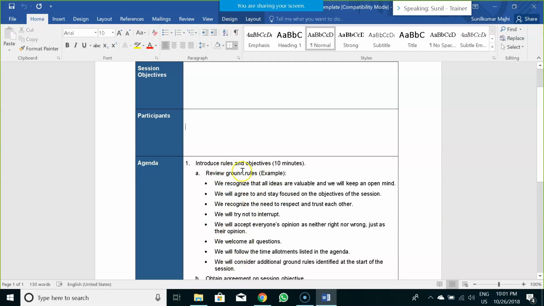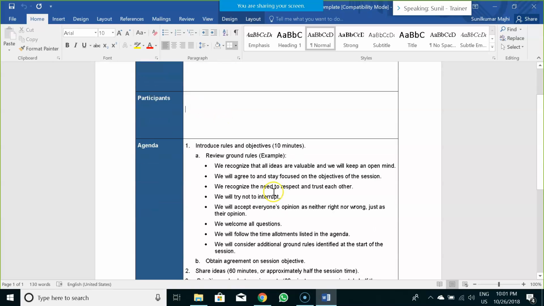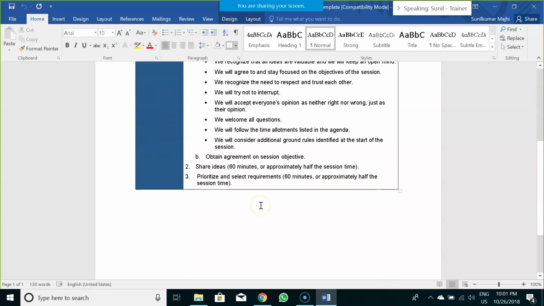So these are some of the guidelines: you have to introduce your rules and objective, review ground rules like all the ideas are valuable and you have to keep an open mind. Then you have to agree and stay focused on the objective of the session, whatever session objective it may be. You have to stick to that particular objective.